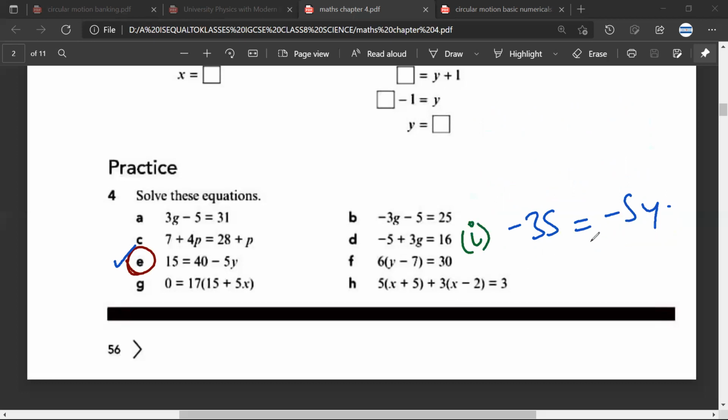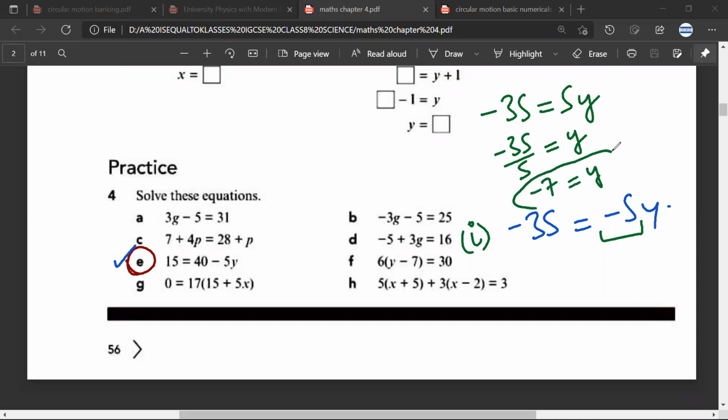Now, usually what students get confused is how to manage this negative sign. Because usually what will happen is a minus 35 is equal to 5. This seems to be an easy equation. Satya, how should I solve this? Do you know how to solve this? So we have to divide minus 35 by 5. So y would be equal to minus 7.